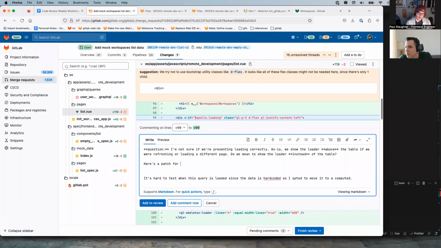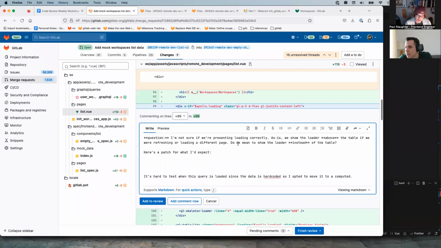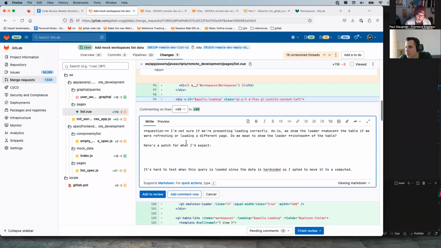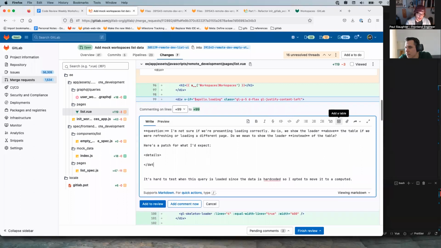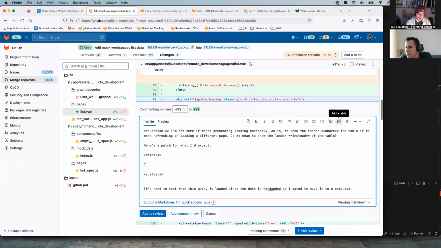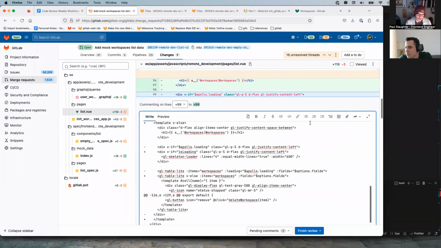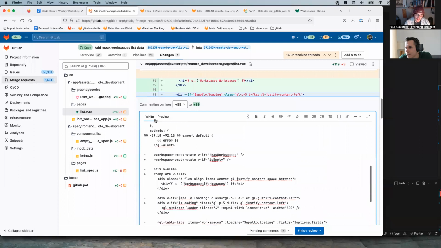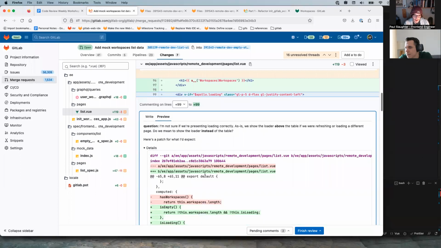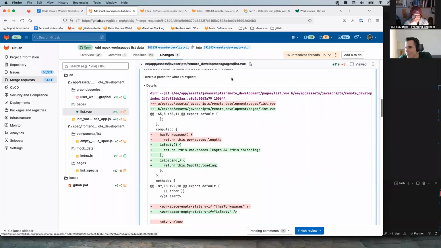Here's a patch for what I'd expect. Yes. So this has some handful of changes, so I usually wrap it in a details thing. I hate having to type all of it out though. I wish GitLab was smarter at handling patches.